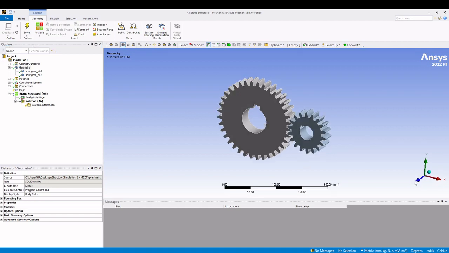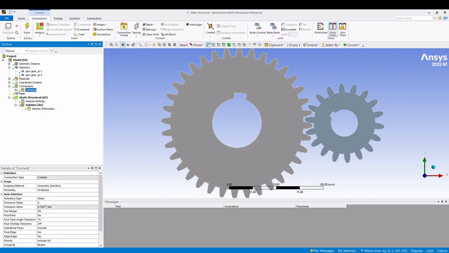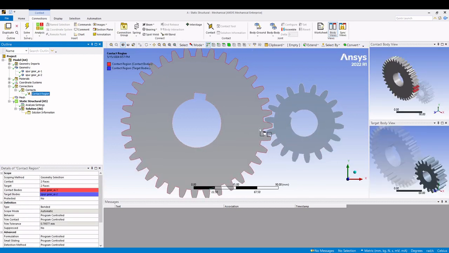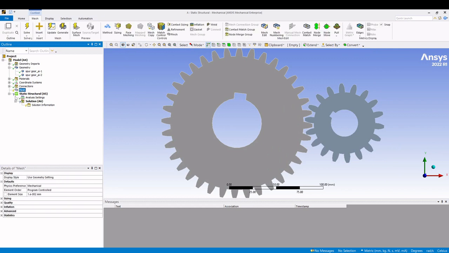But first we want to see the contact point here. You can see connection, contacts, contact region is between these two teeth of the gear. Let's undo this. Now let's focus our